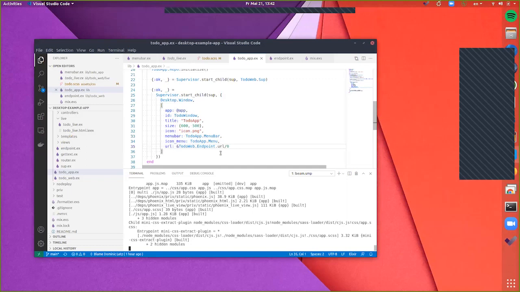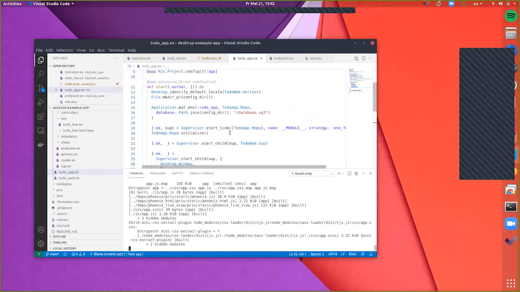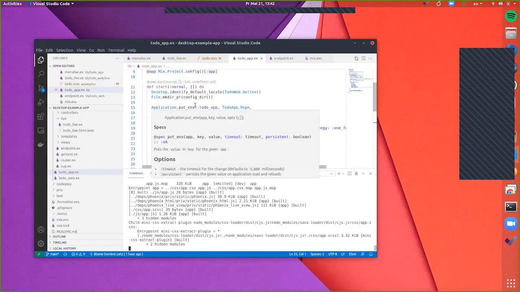I also want to make a short mention here that there's really good work on the Ecto driver for SQLite, and this is what we're using here. So we're using Ecto, but with a local database, because on a desktop we usually don't have PostgreSQL running and we don't want to ship it with the app. And so we have this local database that we're using here.